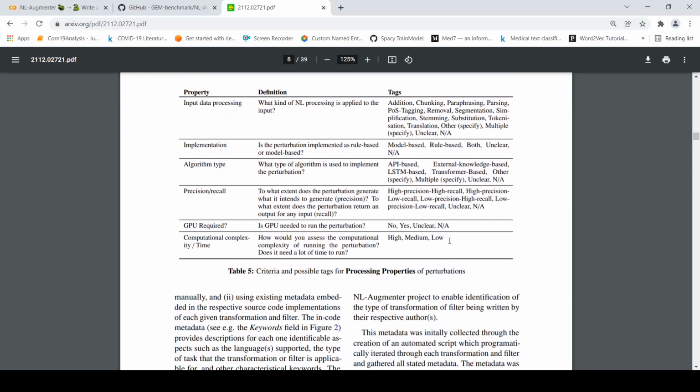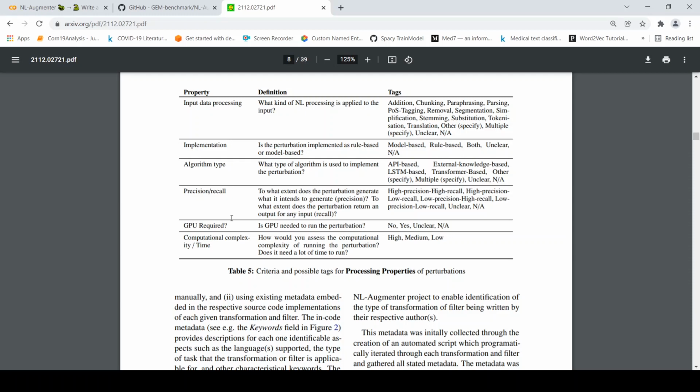Okay, and there are some criteria and possible tags for processing properties. What kind of natural language processing is applied to the input? Is it tokenization, chunking, paraphrasing, parsing, POS tagging? Right? Is the implementation rule or model based? What type of algorithm is used to implement? Is it LSTM, external knowledge, transformers? What is the precision and recall? Okay, to what extent does it return an output for any input?